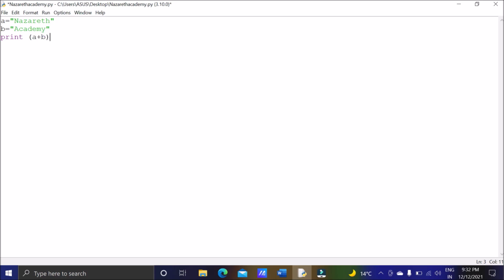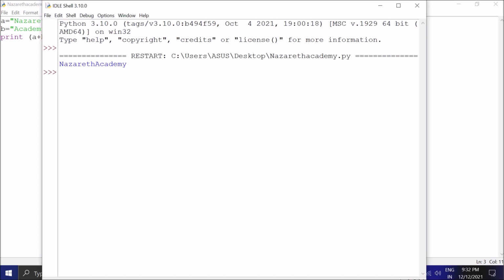Directly I can write a plus b, because here a is also a string because it is having double quotes, and b is also a string. So what will happen? They will join a and b. So whatever is there in a and b will get joined, but only if it is a string value. So run module, and then here you can see I got it joined. A was having the value Nazareth, and then academy was joined.